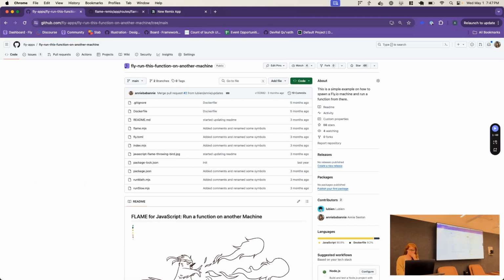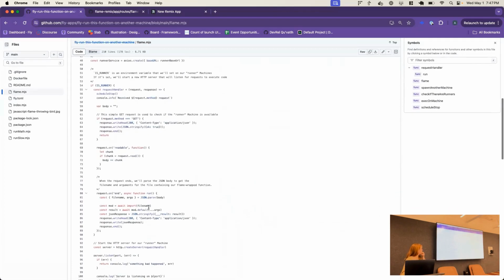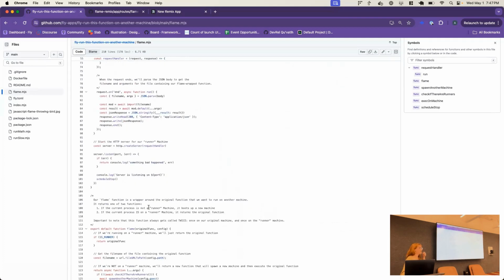Okay, so Lubian is my coworker who was really the one who came up with this workflow for JavaScript. I cannot take credit for that. I can take credit for the drawing though. But I want to take a look at the Flame library in this very simple Node app. So it's just in this file here. And there's a bunch of stuff in here. Don't worry about it. I'm going to scroll down to,